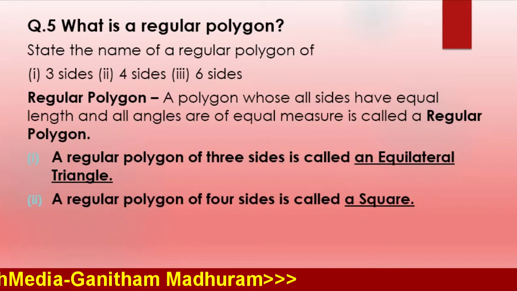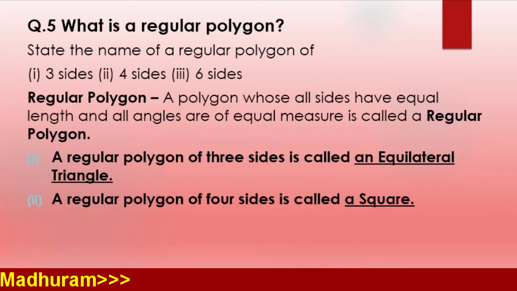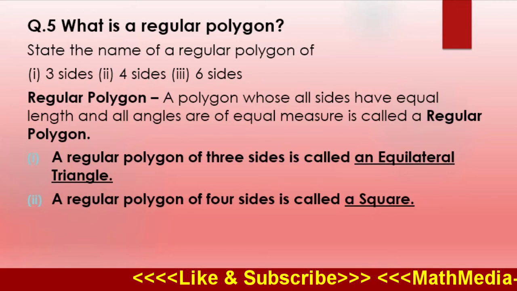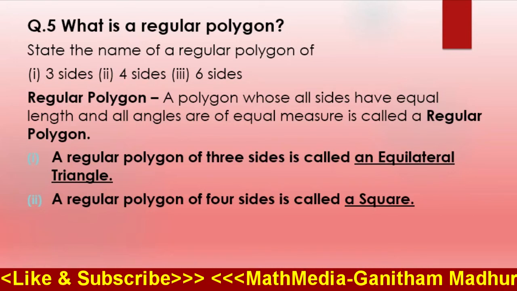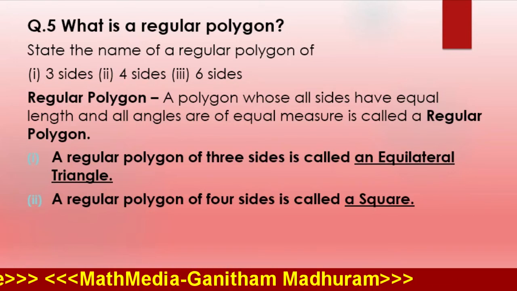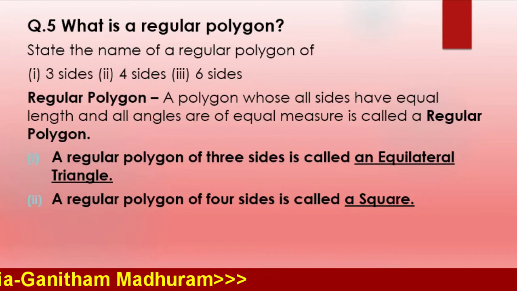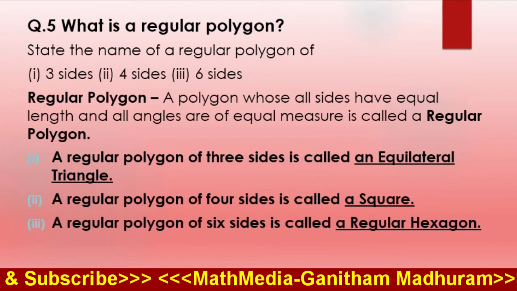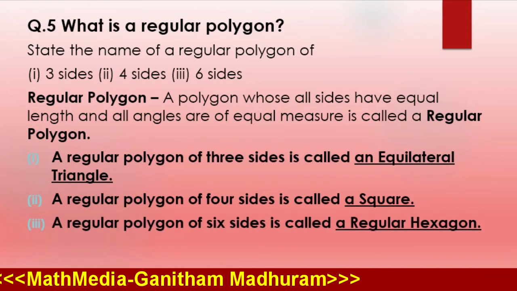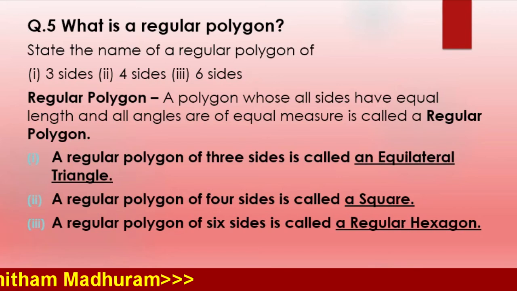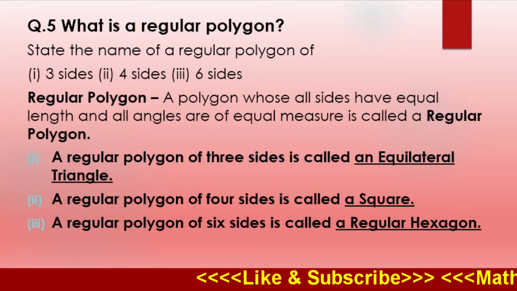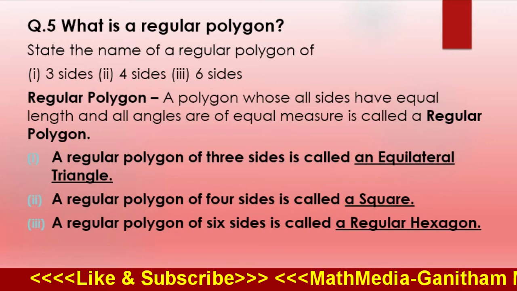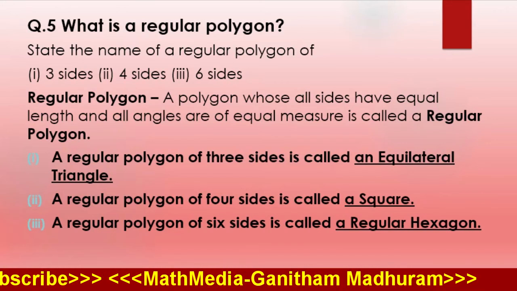First we can see what is meant by a regular polygon. A polygon whose all sides have equal length and all angles are of equal measure is called a regular polygon. A regular polygon of 3 sides is called an equilateral triangle. A regular polygon of 4 sides is called a square. A regular polygon